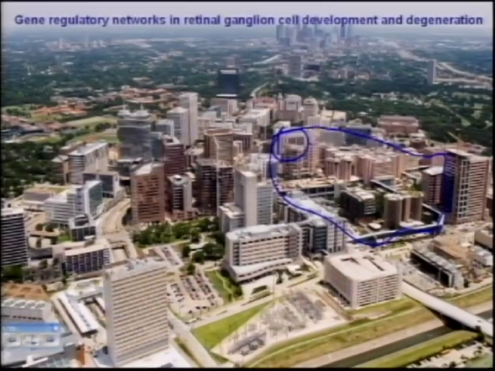So what I'm going to do for you today is give you a summary of some of the work we've done and others have done in this field with regard to retina development in general and these ganglion cells in particular. And then I'm going to focus in on some of the research that we've done to build gene regulatory networks. And then finally tell you a little bit about some of the animal models that we've generated with practical application, or at least we hope we'll have some practical application. So let's get started.